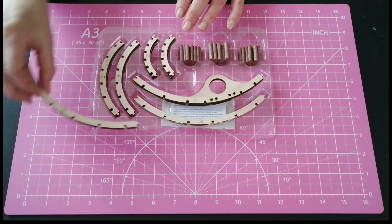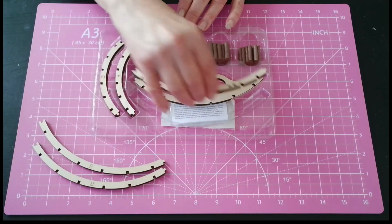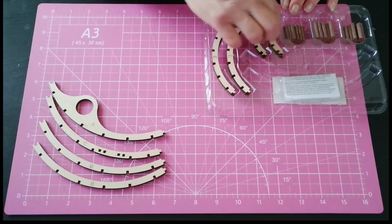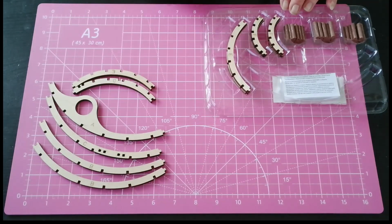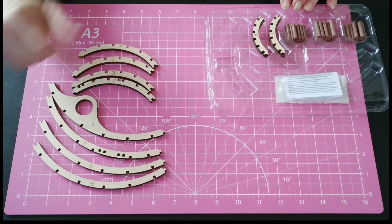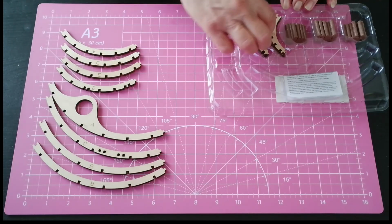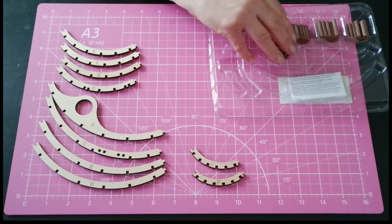Alrighty, so we get 1, 2 B's, 1 C, and they all have letters on them, and then we have 1 A. Oops, let me get this out of the way. A D and an E, can't read obviously, and then we have some more E's as well, so these are also E. Helps if I probably turned the letters around like I did on these ones. I don't think it matters, I'm sure you can read, you've probably watched enough YouTubes now, you can read upside down. And then some F's here, and there are 4 of those,